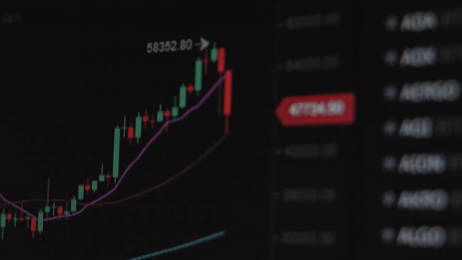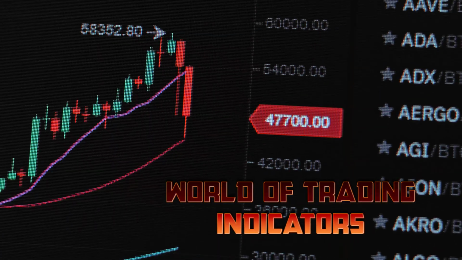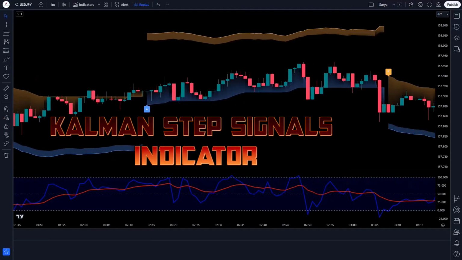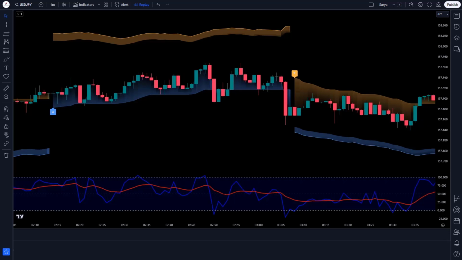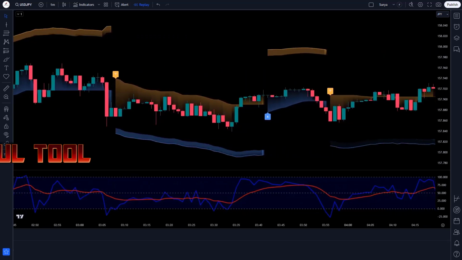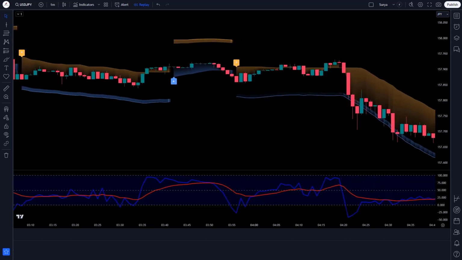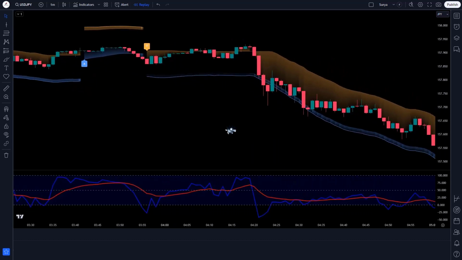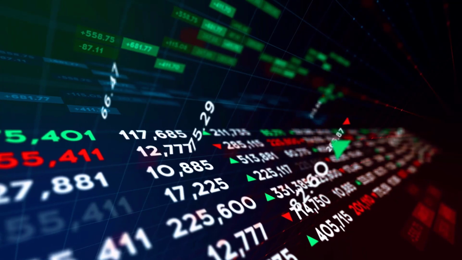Today, we are diving into the fascinating world of trading indicators, specifically the Kalman Step Signals Indicator. First, let's understand what the Kalman Step Signals Indicator is. This powerful tool uses the Kalman filter, a mathematical algorithm, to provide traders with a clear view of market trends